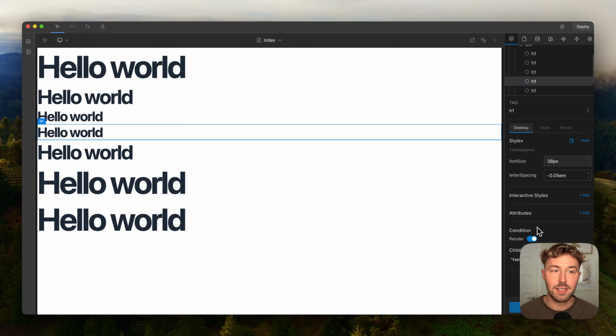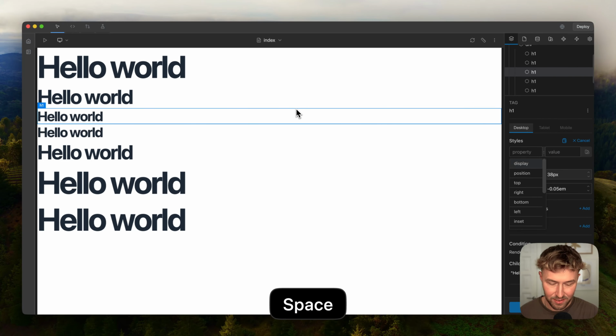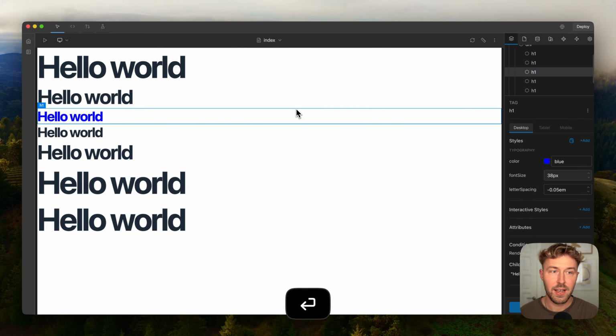but at the same time it is not breaking our flow in changing the styles in general, because the next step will be creating components. Basically, why do we need to create components? Because let's say right now I would like to make all headings blue, so I can just click color blue, and you will see that only one of them, of course, has blue color. If I would like to add this property to all headings, we need to make the system more scalable and